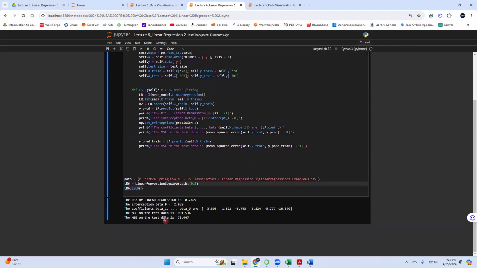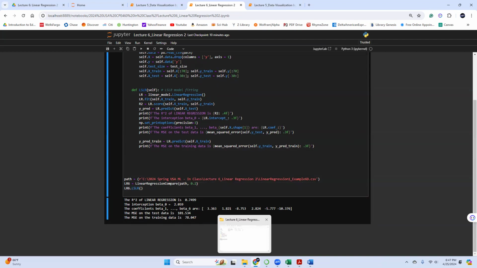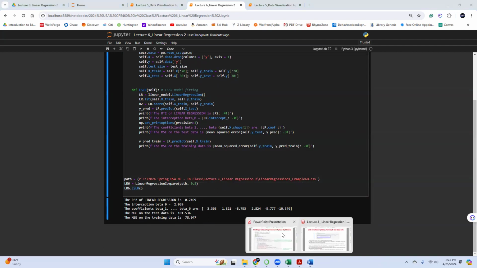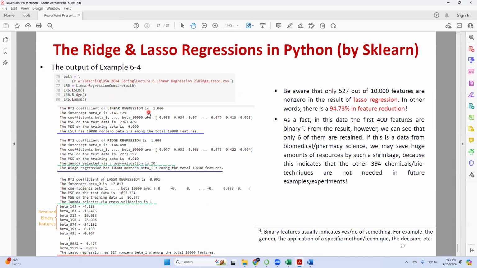Okay, great. So looks like it's correct. The MSE of the test data is 101, and the training data is 78 point whatever the number. And let me just make sure that my conclusion is correct. Let me close this one. My conclusion is correct. So it should be about